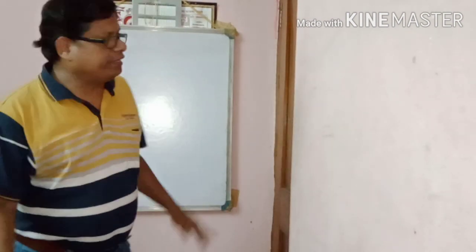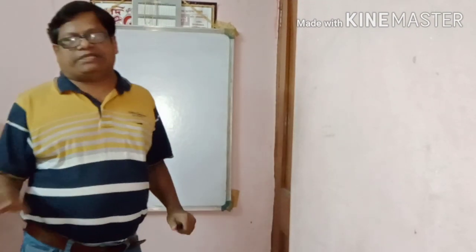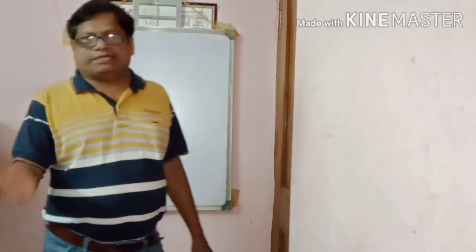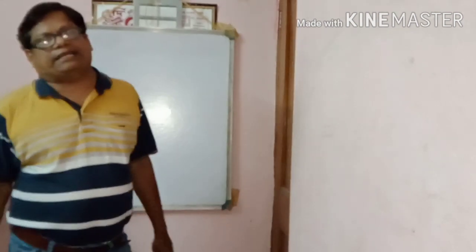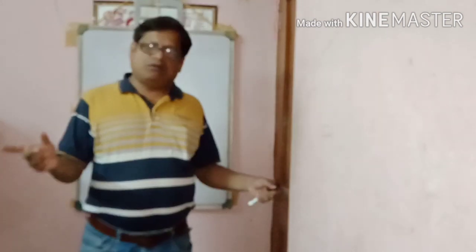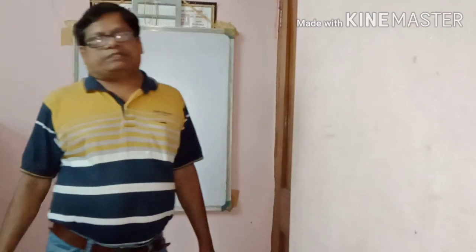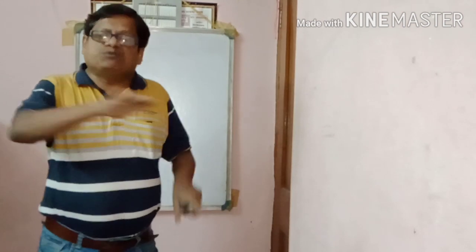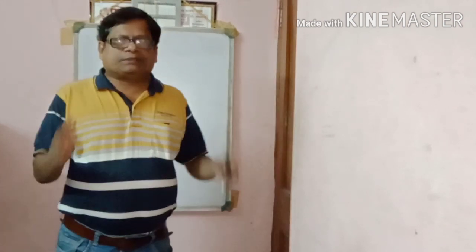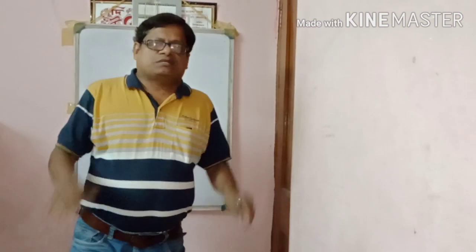Now, in the previous class I already discussed coordinate geometry, the area of the triangle, the area of the trapezium, and the centroid of the triangle. Everything I have already discussed. Now suppose one point is given. A point is moving. A few conditions are there. With the help of some conditions, a point is moving.